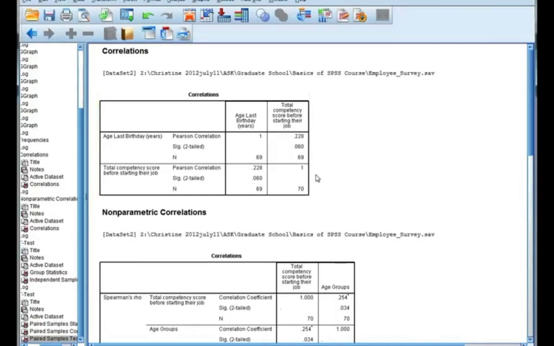Because remember, we're using statistics because we have a sample, not a population. So what I'm saying is that in my sample, I observed a small positive correlation, but there's not enough evidence to say that this correlation exists in the population. If my significance value had been less than my level of significance, so this is my p-value, if it was less than 0.05, then I would have been able to say that there's enough evidence to suggest that the correlation we observed does exist in the population. But because this is greater than, we have to say that there's not enough evidence to show the correlation is